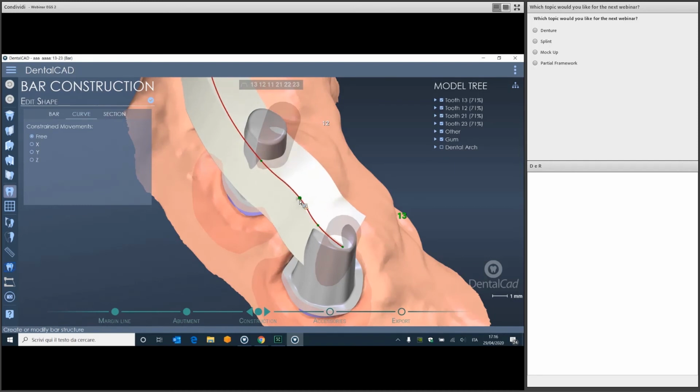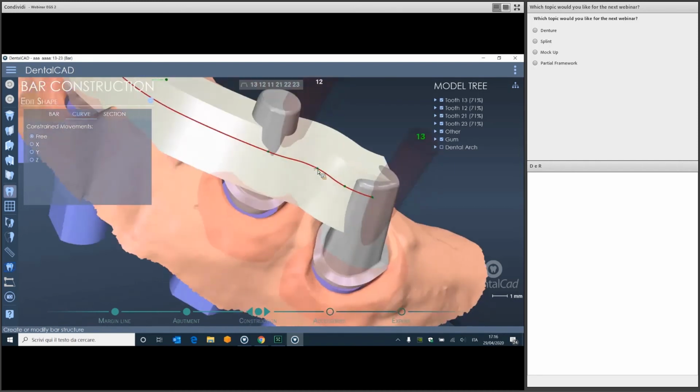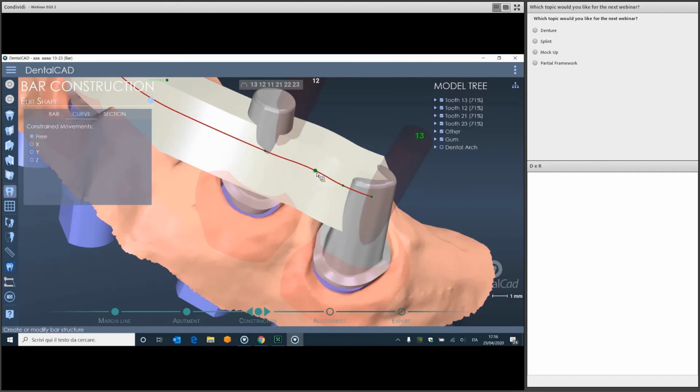I can modify the draw of the bar. This, for example, I can change